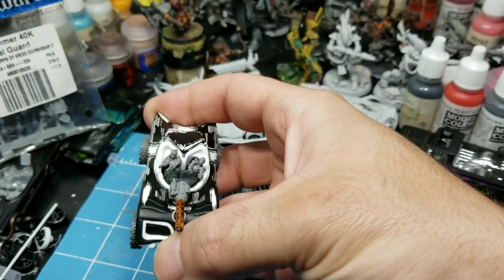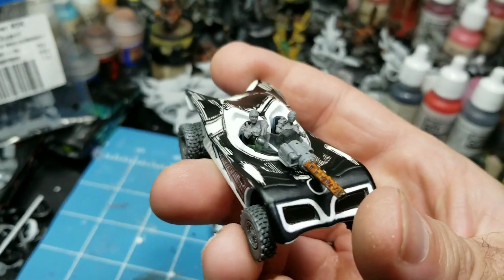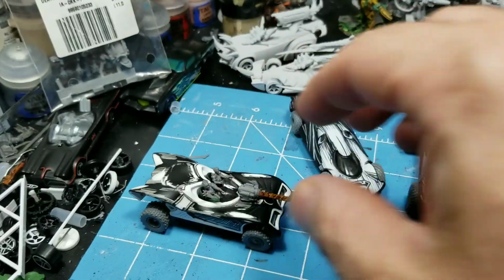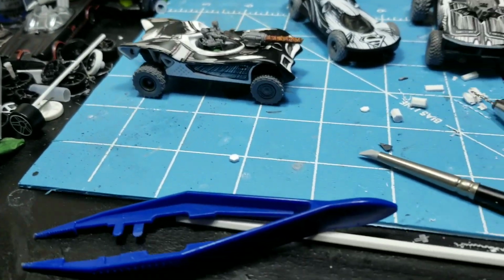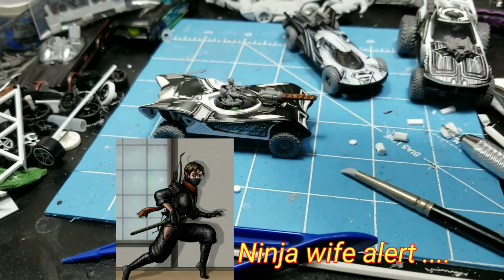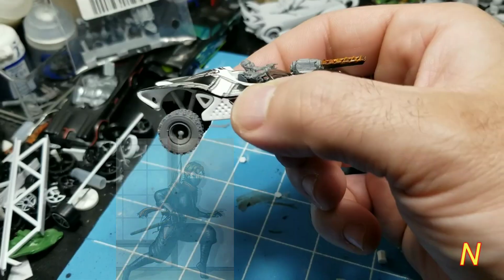Now here, I got the Catwoman car. I did the same thing. I wanted this car to look like it had a bit of springiness to it, so I wanted to raise the frame above the tires. And so giving it some springiness, it made the car look really...